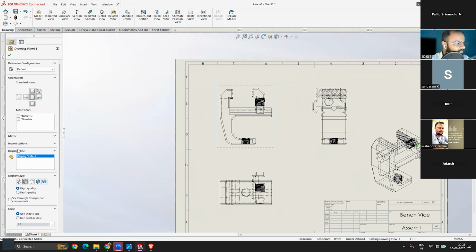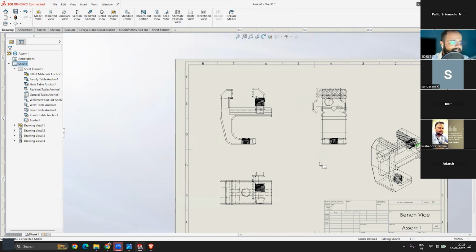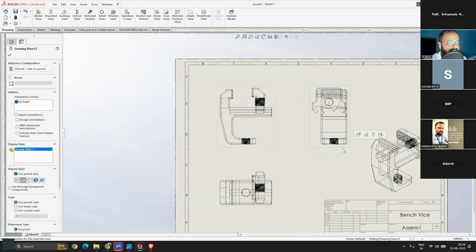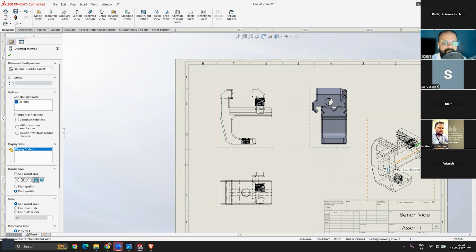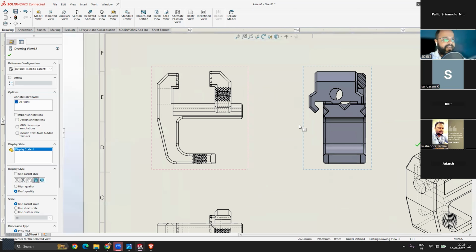Now, apart from the display style, since this was the parent view, and since I changed the parent view, all the other views are also getting changed, right? But if we change any other view, for example, if I change this one only, not the parent view, the other views driven by the parent view are not affected, right? So all the time the parent view will be the father and these are all the children of it. If we make a change in the father, the child style will also get updated. But if we make a change in the child style, it will not affect the other childs, right? So it's important to understand that chronology.